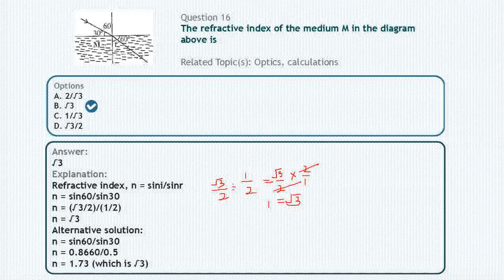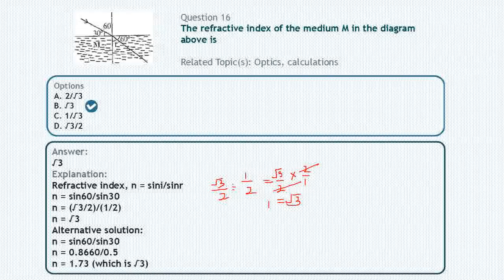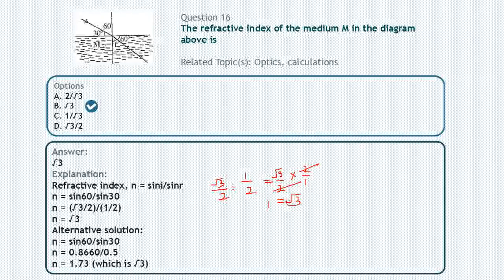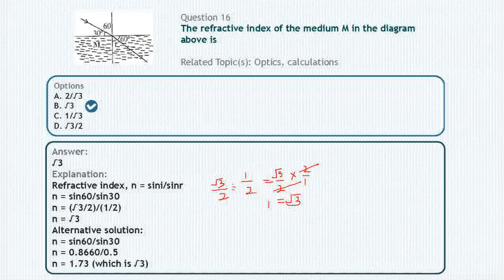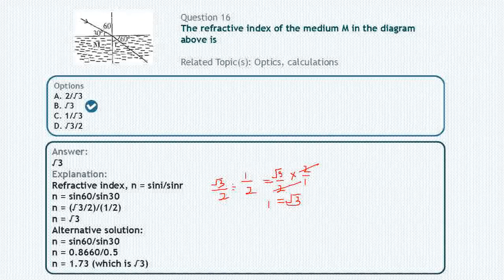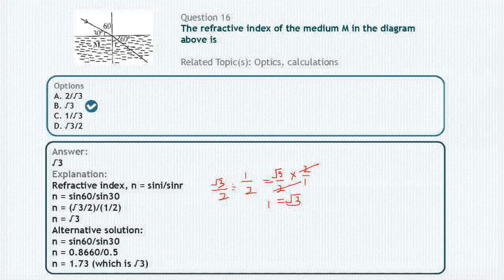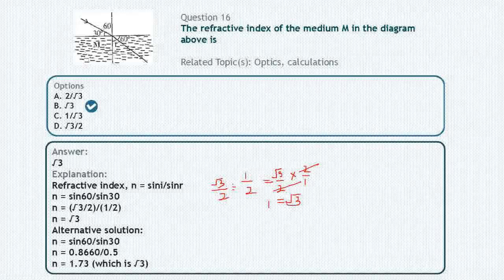They give us a part of the angle as 60. How do we get the remaining angle? We just subtract that 60 from the 90. So the angle supposed to be here is 30 degrees, and that will be our angle of refraction, R, which is 30 degrees. So we then say that our refractive index n is equal to sine 60 degrees over sine 30,